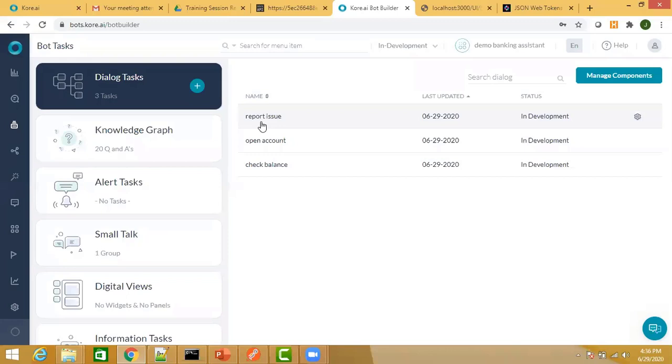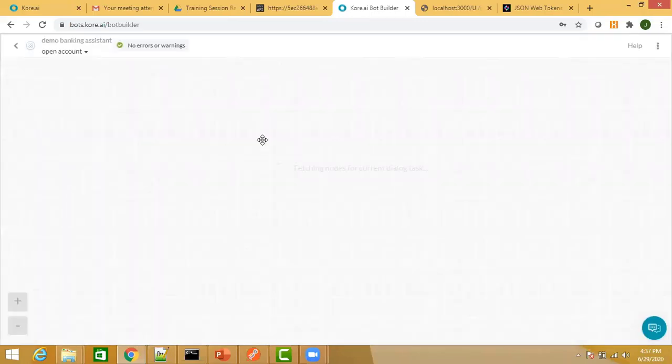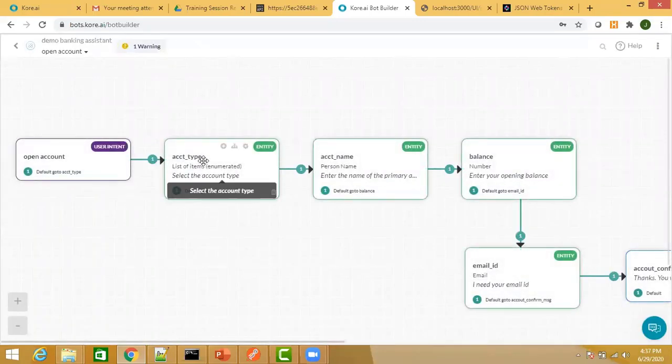So talking about templates, our platform gives you certain pre-built templates which you can apply as a developer. You can apply those templates on the messages and prompts of the confirmation node, message node, or the entity nodes. The way to apply those templates is: you go to a particular dialog task, and let's say I have a list of items over here.